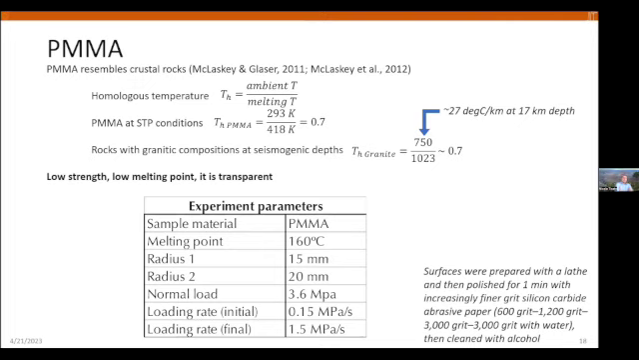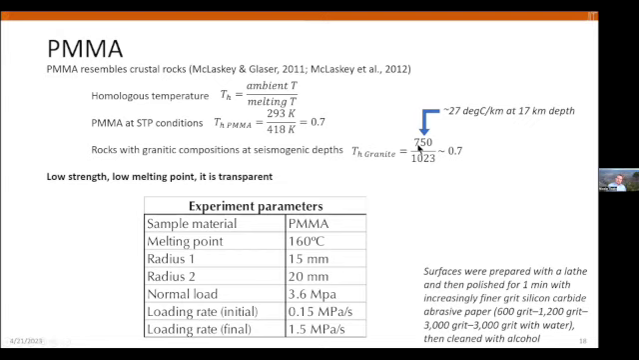So why do we use PMMA or plexiglass in our experiment? We use plexiglass because at the end of the day, it's a transparent material. It's a very simple material to machine, and it has been used by others as an analog to study the behavior of rocks. In fact, it has a homologous temperature, which I remind you is the ratio between the ambient temperature and the melting temperature, right? Which is similar to a granitic rock at